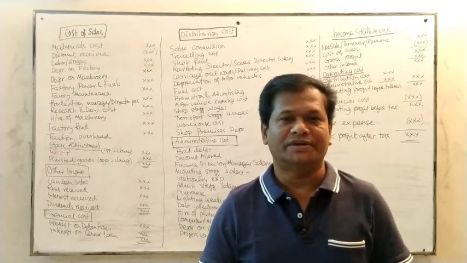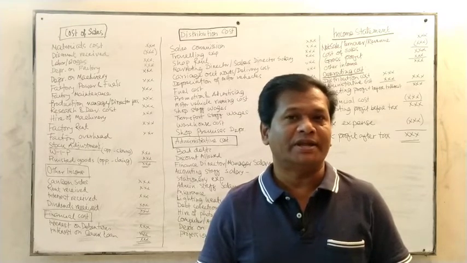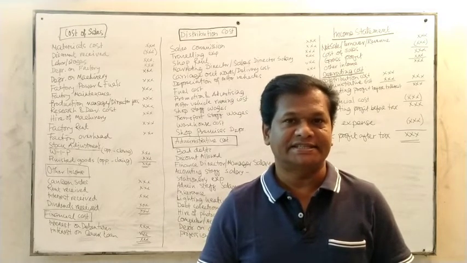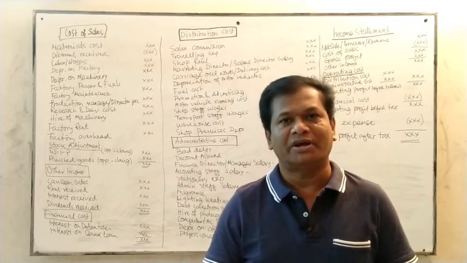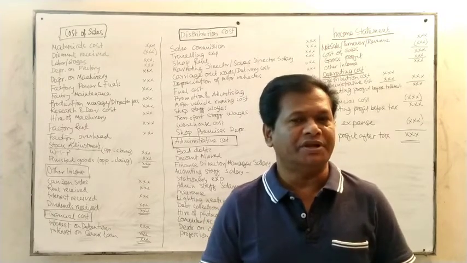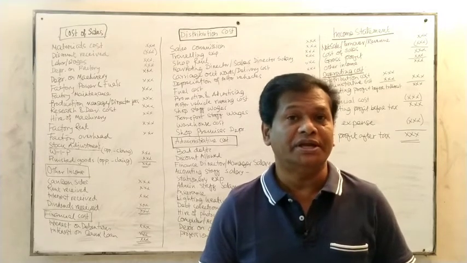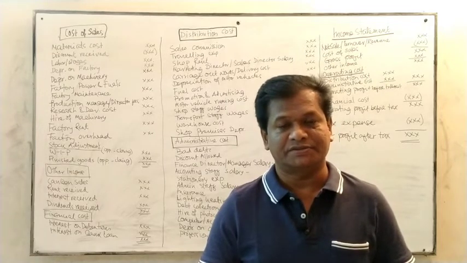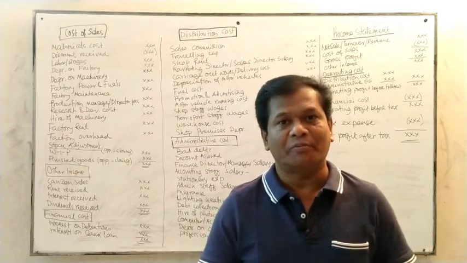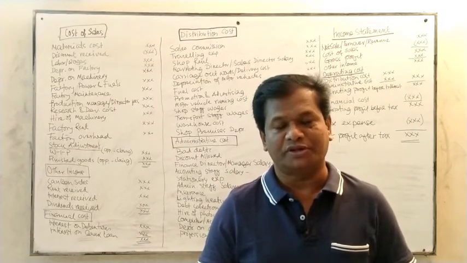This is Uttam sir. Today I am going to discuss the income statement of a public limited company, PLC. If it is a sole proprietorship or partnership business, any income statement is accepted. But whenever you are going to do the income statement of a public limited company, there are formalities. This is to be guided by the company law, or the instructions given in the company law. You have to follow that.